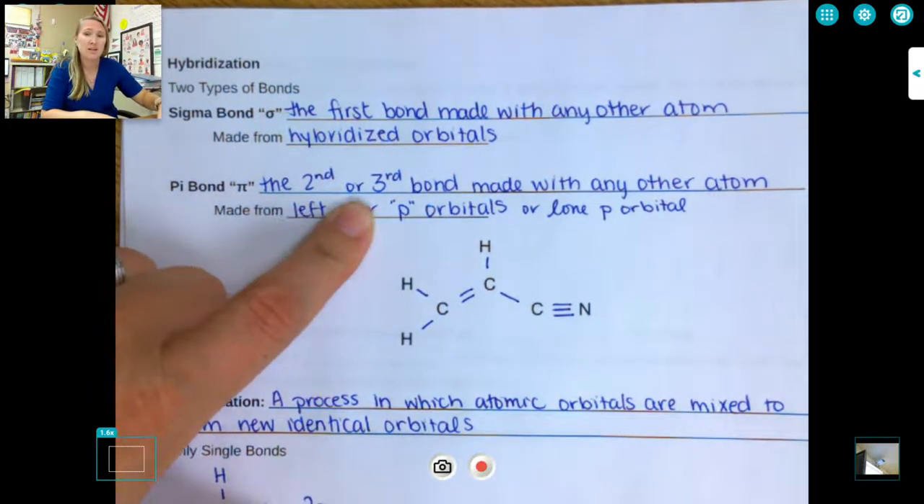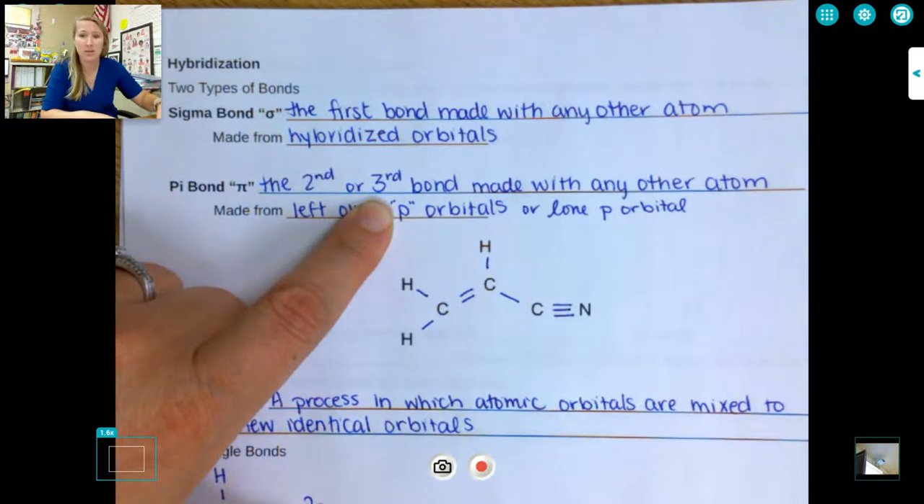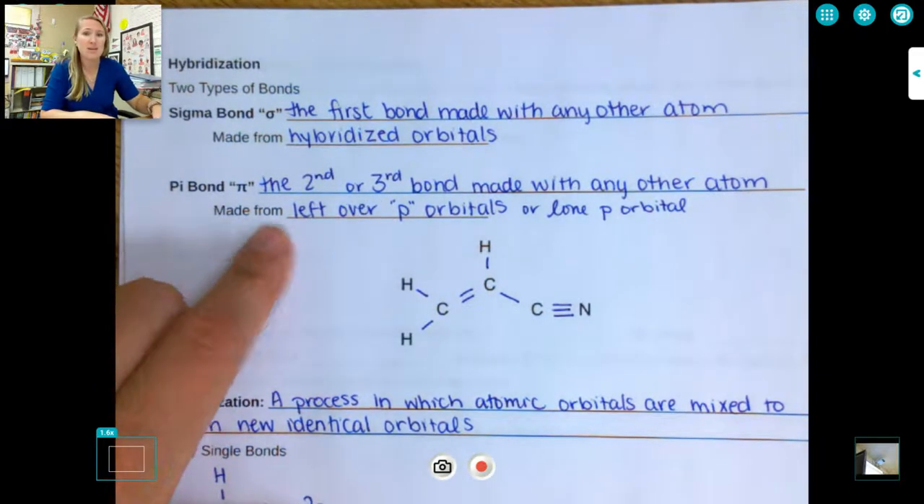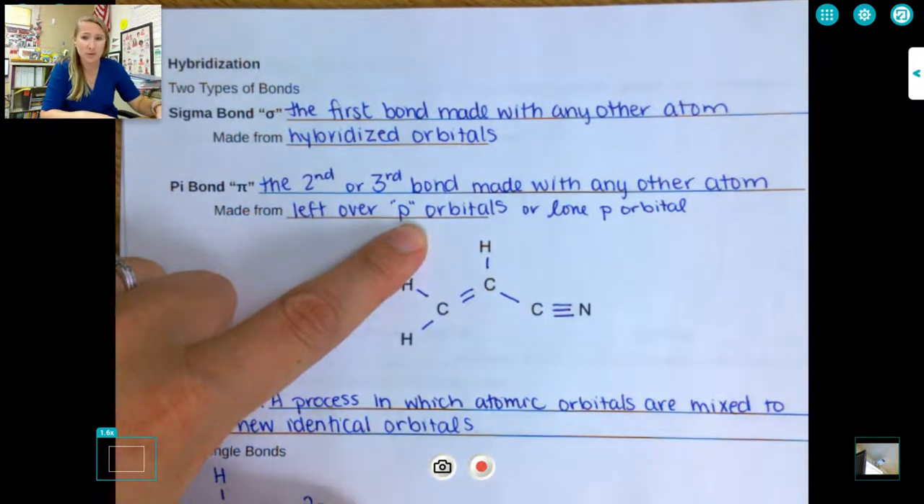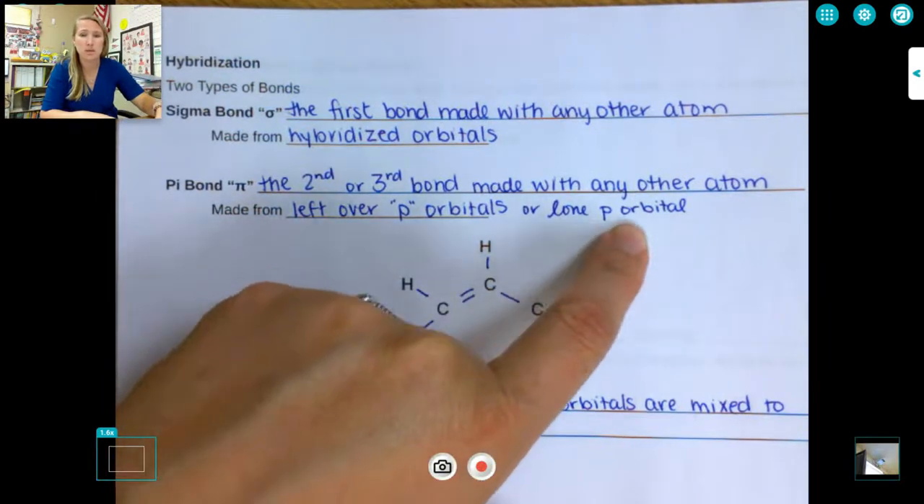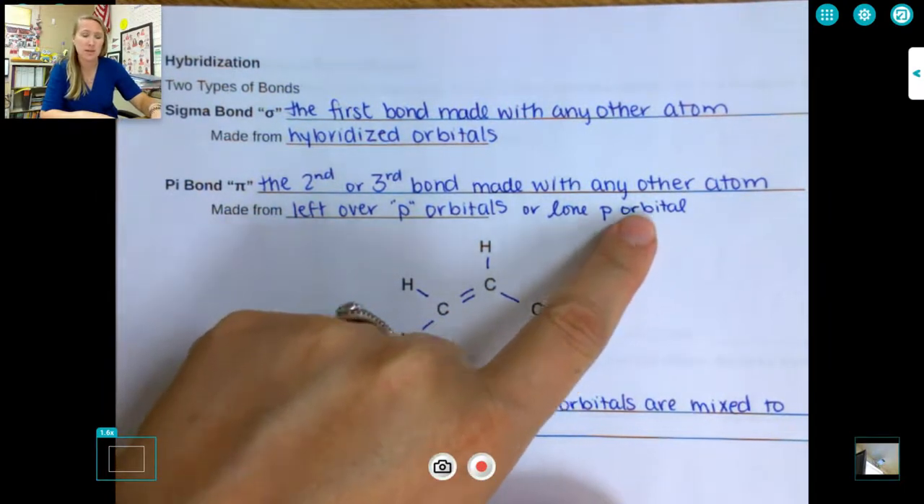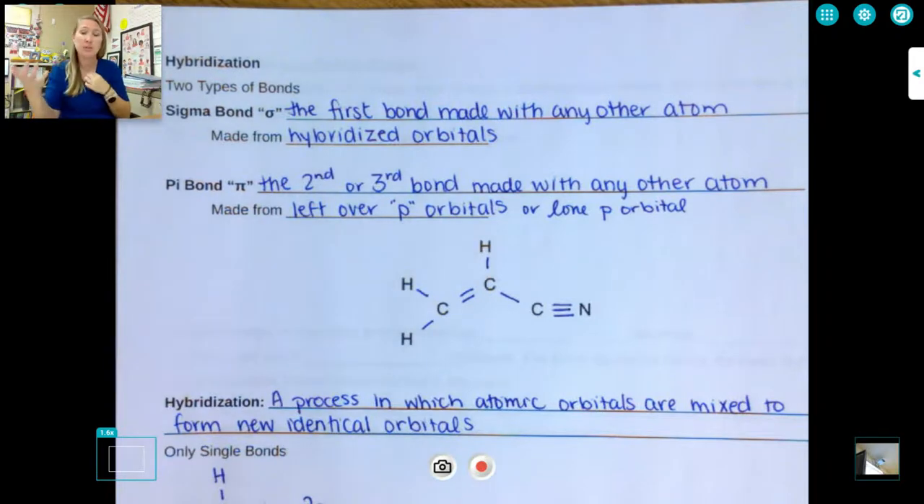And this is the second or third bond made with any other atom. These are made from leftover p orbitals or a lone p orbital. And we'll take a look at these in a little bit. But the first thing we have to be able to do is identify sigma bonds and pi bonds on a